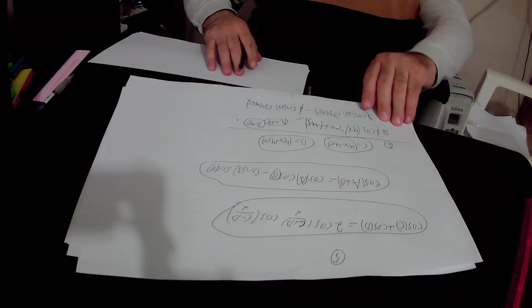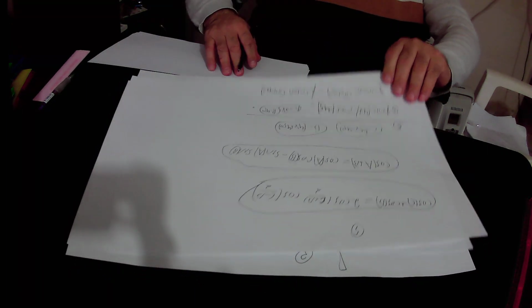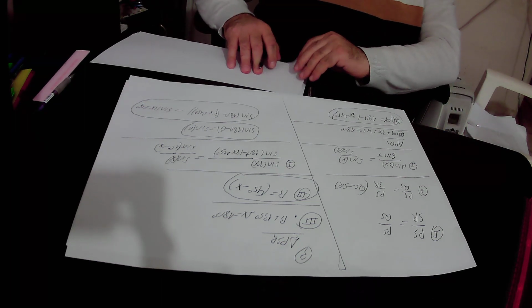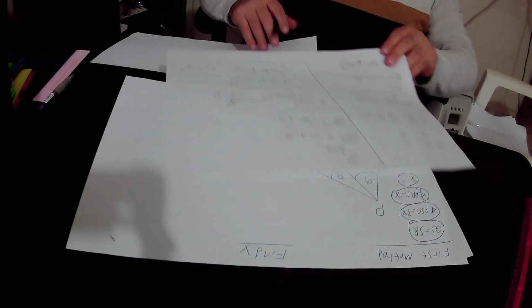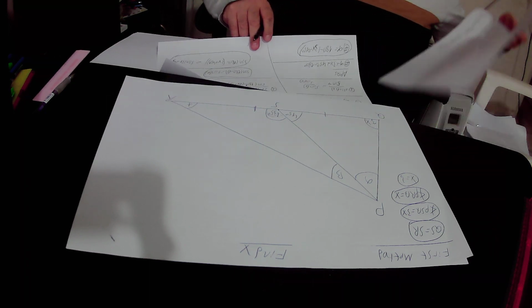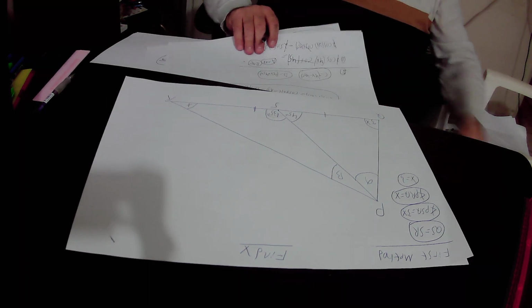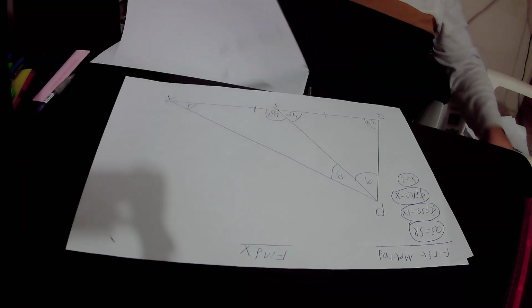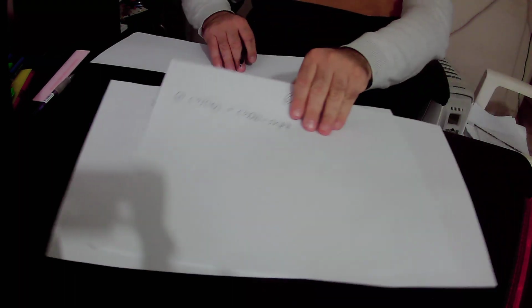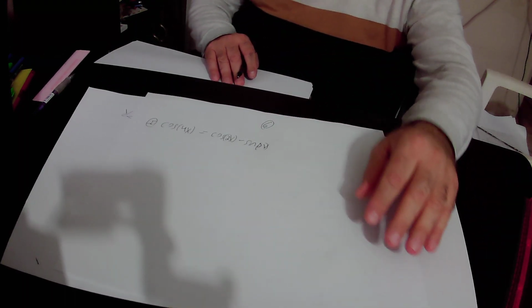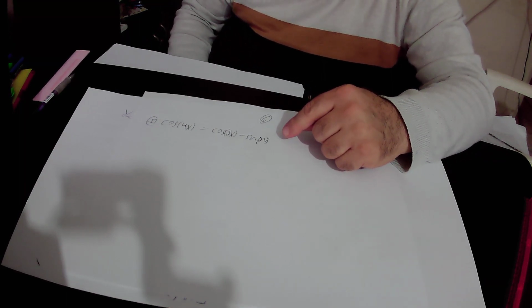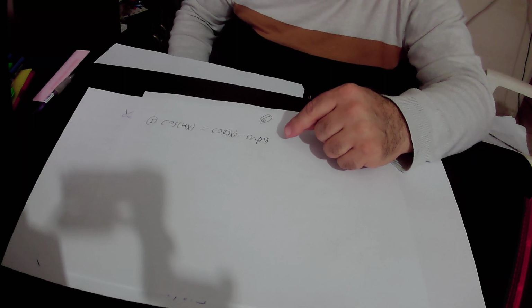Okay, so actually, according to equation number 1, we got that cosine 4x equals cosine 2x minus sine 2x. Here we will add to this equation, equation number 1, sine 2x, and we will subtract cosine 4x, and we will get that